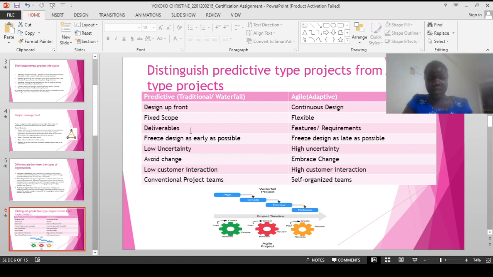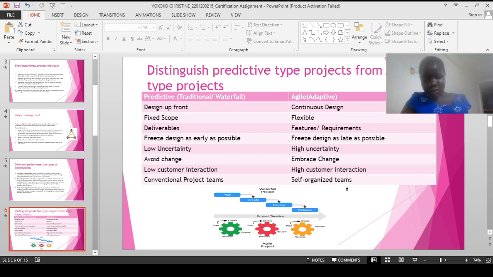Waterfall type is deliverables, while the other one is future requirements under agile. And then under predictive, we have freeze design as early as possible, while in agile there is free design as late as possible. And waterfall will have low uncertainty, avoid changes. It is not all that flexible, as we said. It means when changes come, it normally avoids it. And then we have low customer interaction, convection project teaming. While on the other side of agile, there is high uncertainty, embraces change, high customer interaction,